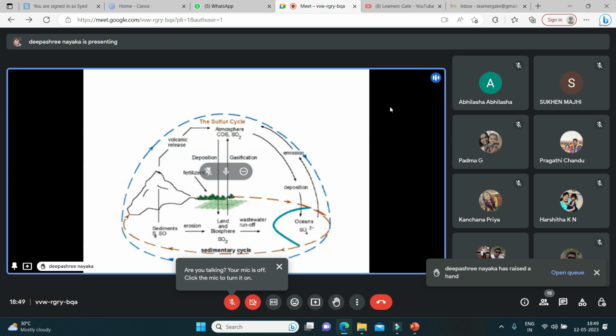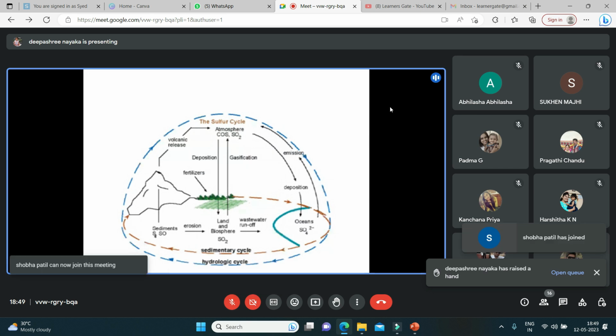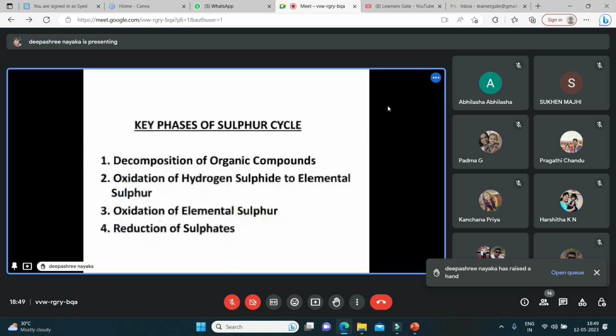As organisms die and decompose, some of the sulfur is again released as sulfate and some enters the tissues of natural sources that emit sulfur directly into the atmosphere, including volcanic eruptions, the breakdown of organic matter, and the evaporation of water. The key phases of the sulfur cycle are decomposition of organic compounds, oxidation of hydrogen sulfide to